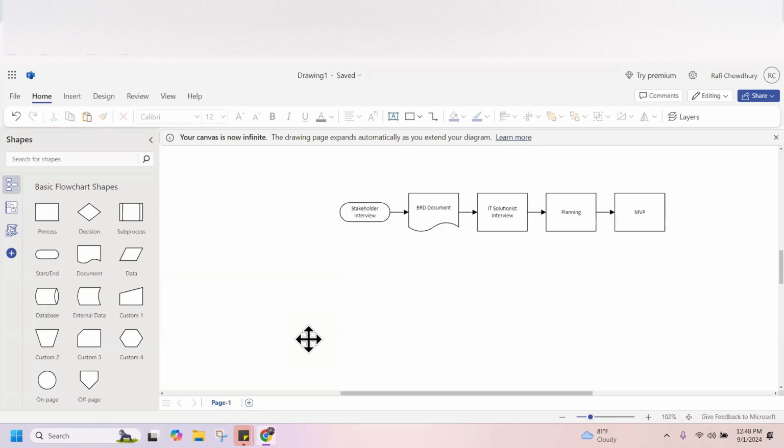What is MVP? Minimum viable product. Okay. So what will be the next step, if you remember? It will be